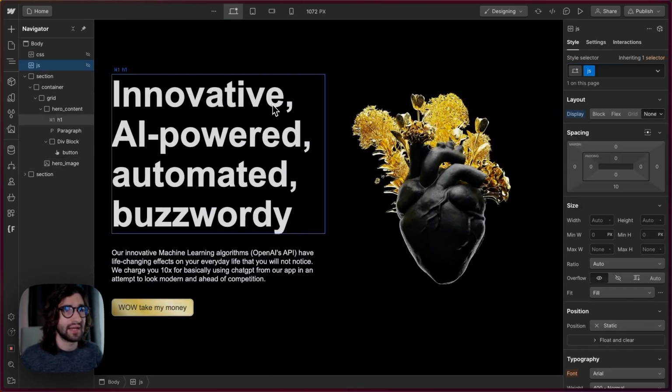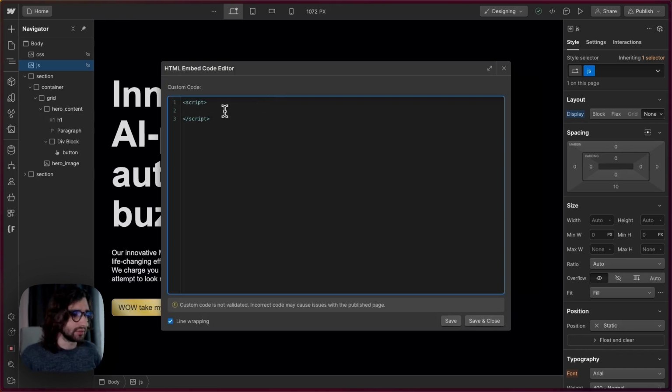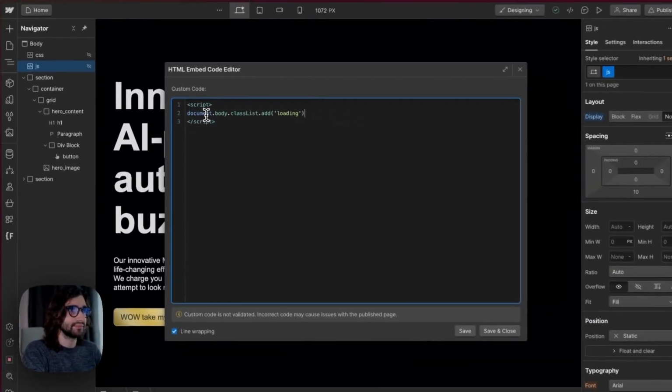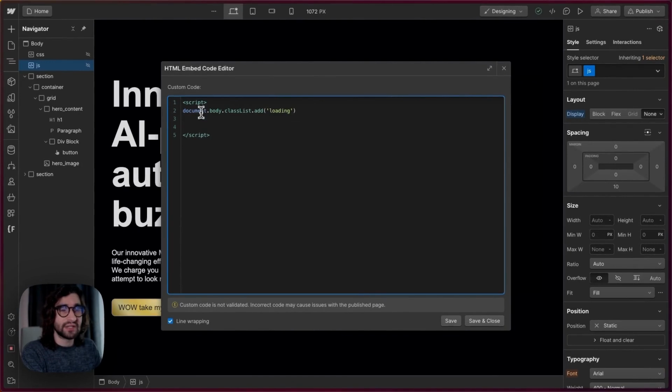In a JS embed, and I would suggest that you put it as high up as possible in the body, we will go up here and we'll say document body class list add loading. So as soon as this part is loaded, we will be adding the loading class to the body, and this actually runs before any of our content will even render, which means we won't have some weird flashes where we see the unstyled state. And then we can say window